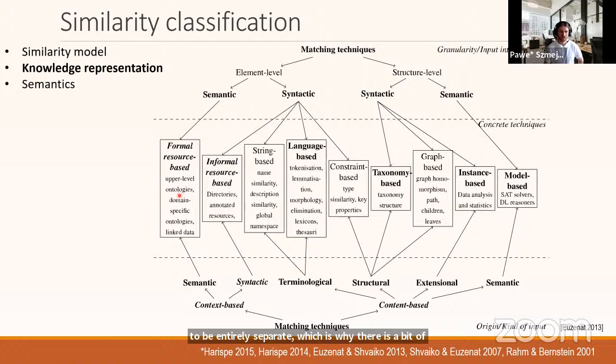So as I mentioned, in an ontology, we may have labels and descriptions written in natural language. So to a single ontology, we may apply taxonomy-based methods, of course, because it contains taxonomy, graph-based methods, because it is a graph, and ontology-based methods. And on top of that, we may also apply string-based methods, because we have labels and descriptions in strings, and naturally, language-based methods, because those labels and descriptions are written in a natural language. We might also,